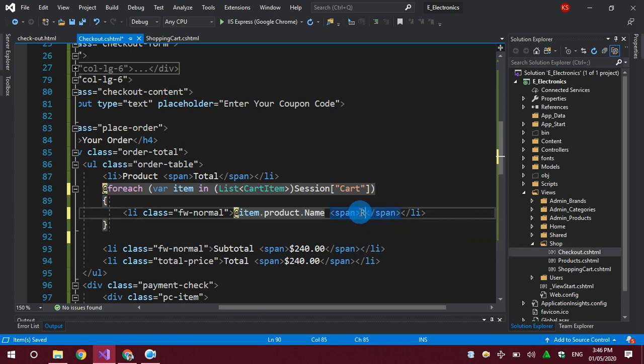We are dealing in rupees, so I will add the rupee sign. Now item.Product.Price, we're using the sale price here. The loop will run for every product, so all the products will be shown here.